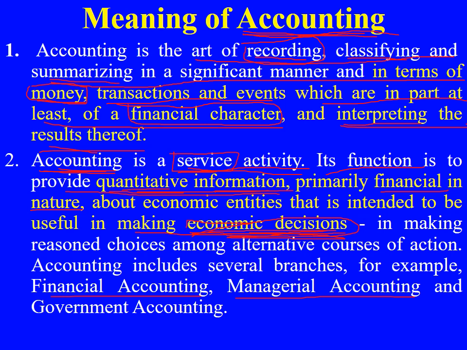In accounting we can see only numerical data, right? So the numbers we can see, money information we can see. That is what accounting does. It supplies quantitative information which is of financial nature, financial character. Okay, so why do they supply quantitative information? They supply quantitative information in order to make economic decisions. Economic decisions, in the sense of fruitful decisions.